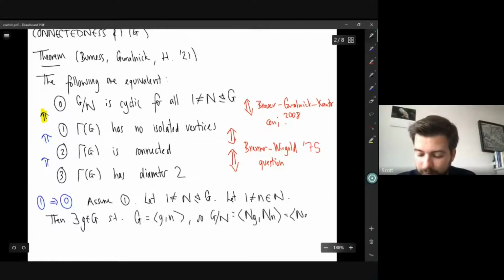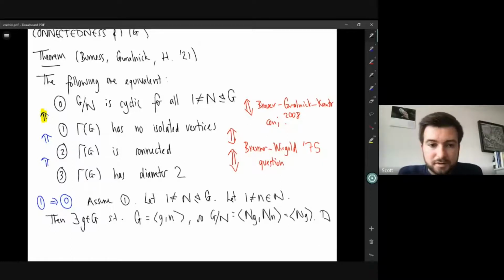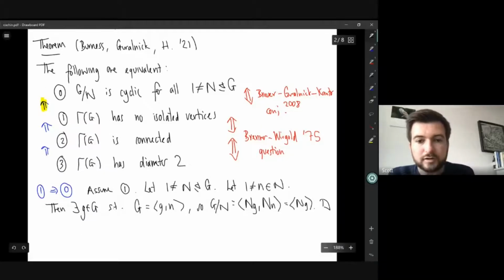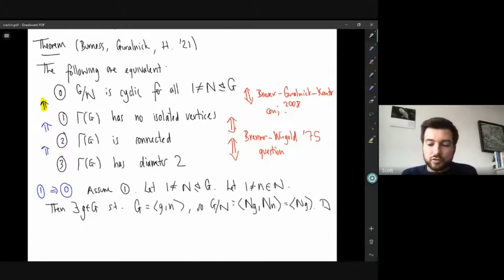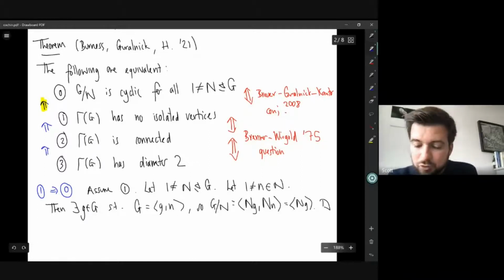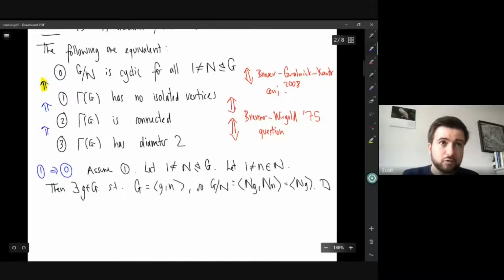So this is a cyclic group, and we're done. So 1 does indeed imply 0. If there are no isolated vertices, then all proper quotients of the group are cyclic. So the main bit of work that was done in proving this theorem, I guess, was proving that 0 implies